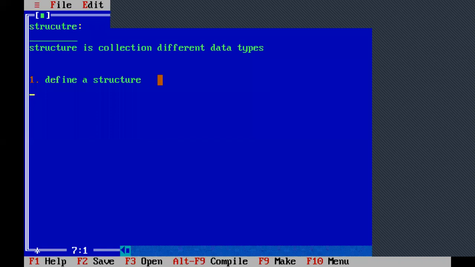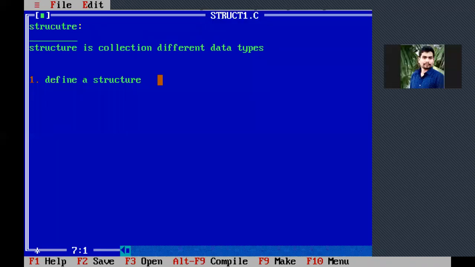Then second point is, whenever you create any integer variable, for example integer a, we know that immediately for a variable memory is allocated, and into that a we can store any number. Integer a with name a in the memory, 2 bytes are allocated. Into the 2 bytes we can store any number, starting from 0 to 65535 numbers, up to that range we can store. But when you create a structure, immediately for that structure memory is not occupied.